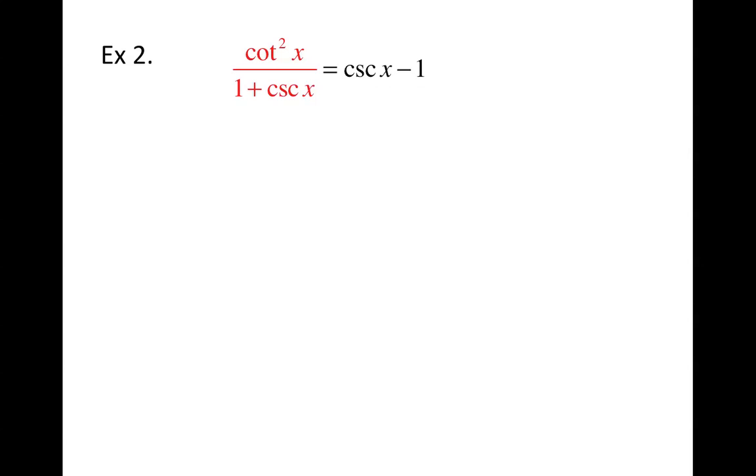When I look at the left side, I recognize that I have to turn everything into cosecants in one, so the cotangent squared does not belong. For me to take this into sines and cosines, or 1 over tangent squared, isn't going to help me. However, there is a Pythagorean identity that relates cotangent back to cosecant. If I rearrange the equation, I can substitute out the cotangent squared x,